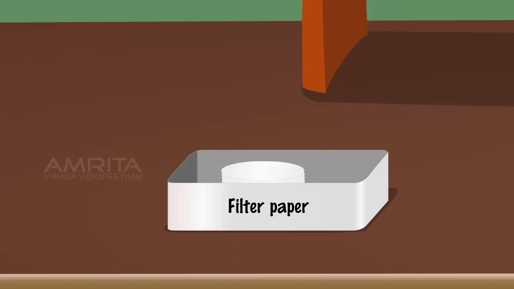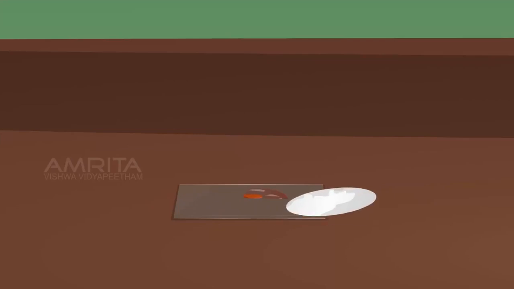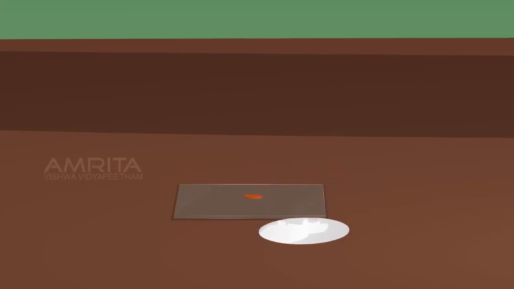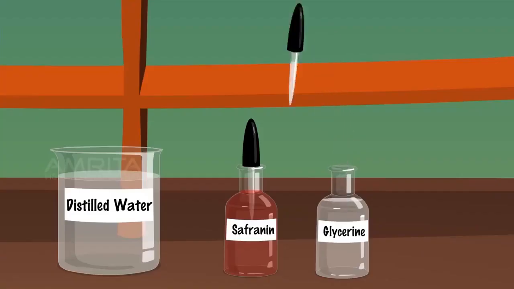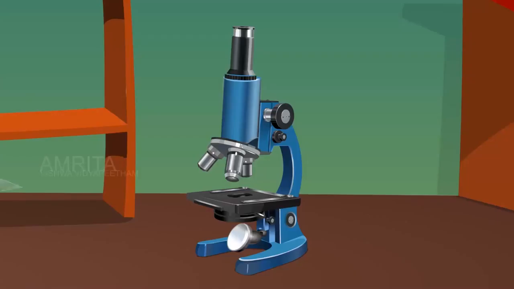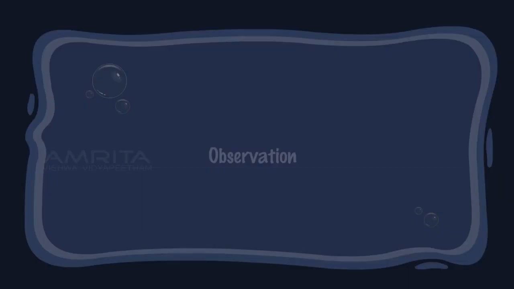Remove the extra stain using a filter paper. Take a few drops of glycerine in a dropper and pour 2 to 3 drops on the slide. Take a cover slip and place it gently on the section with the aid of a needle. Place the glass slide on the stage of the compound microscope. Observe under the microscope. Observation: